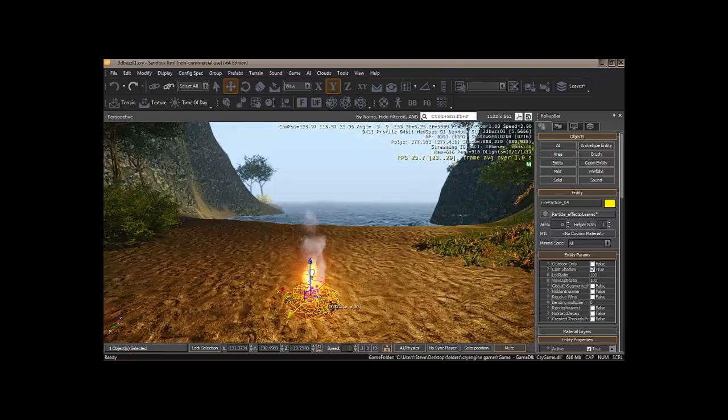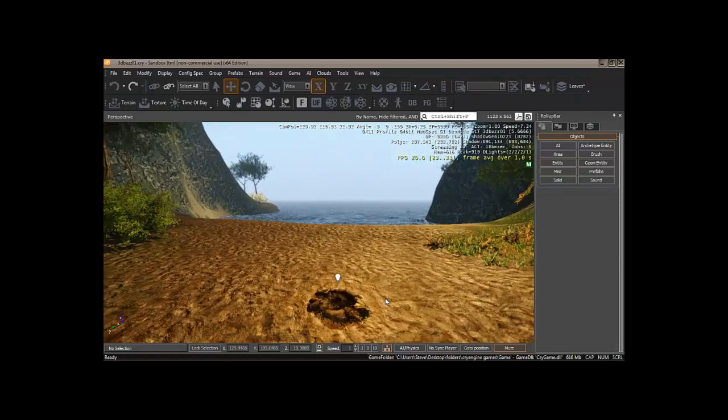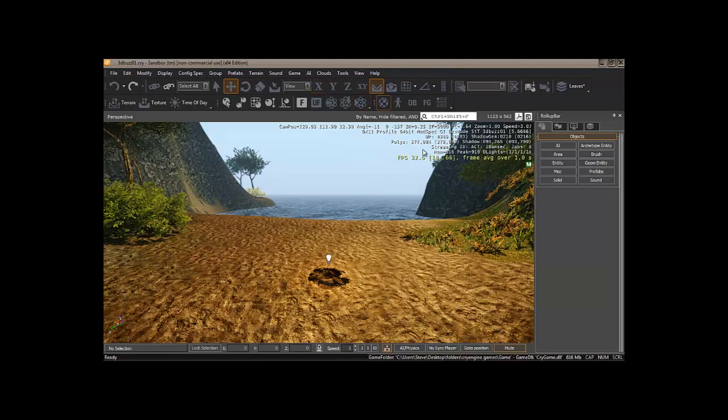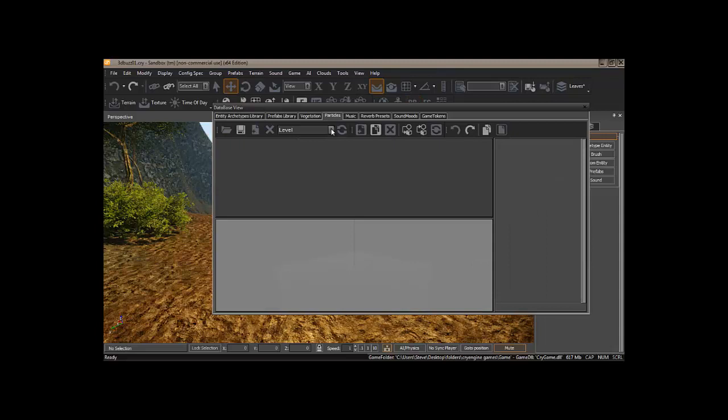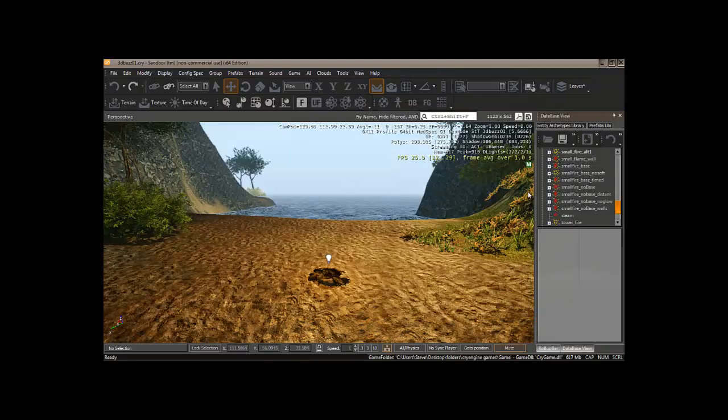So what we can do alternately, quicker and easier to be frank, is to simply do what we did to look for our fires and bring up our database, particles, smoke and fire, VS2 fire, and our small fire, no base, no glow. We can just bring that in